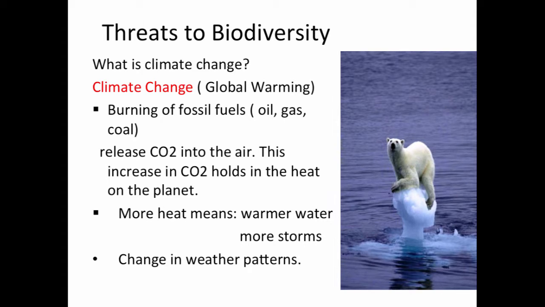That heat then warms up water, so much so that the polar ice caps are melting, and so we're destroying a habitat for all organisms that live in a polar environment. The heat creates more energy, so it creates more tropical storms, which makes it more violent and difficult for some organisms to survive. This heat is also going to change weather patterns, so our summer temperatures might get hotter, our winter temperatures might not be as cold, and that means certain plants, trees, and animals can't survive any longer in those particular temperatures.